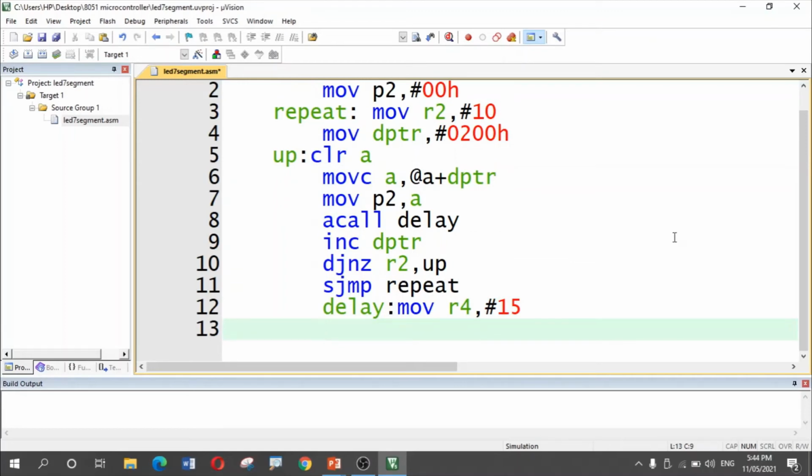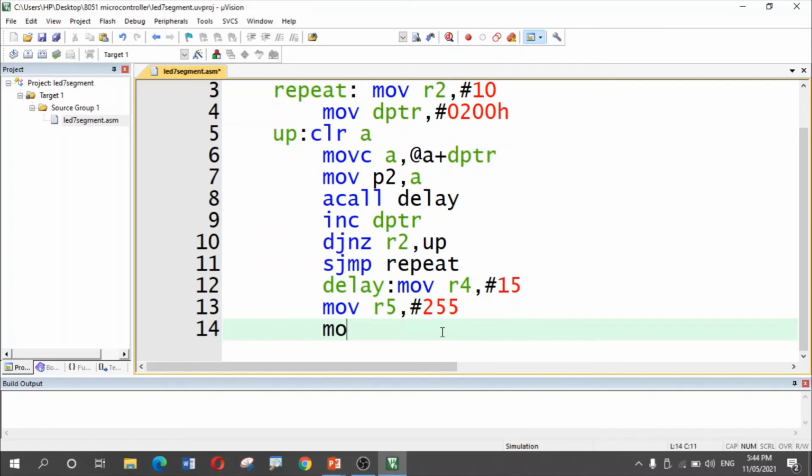Then it is followed by one more instruction where the R5 register is loaded with 255. I have not put H after 255, so 255 is obviously a decimal number. Then move R6 with 255. So three different registers are used for generation of delay.